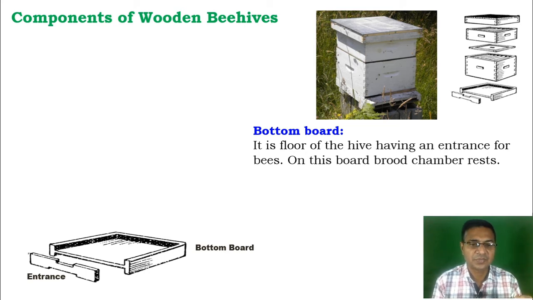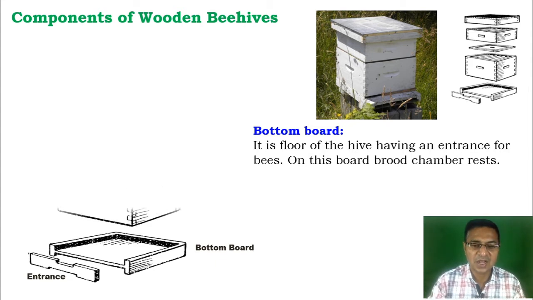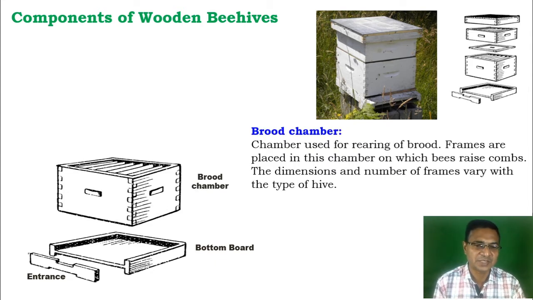through which the honeybees enter inside the comb or come outside for the collection of food materials. But the queen is unable to pass, because the size of the mesh is only for the worker bees here. And we know that worker bees are the smallest in size as compared to the drones as well as the queen. After that, above this, the brood chamber is present.